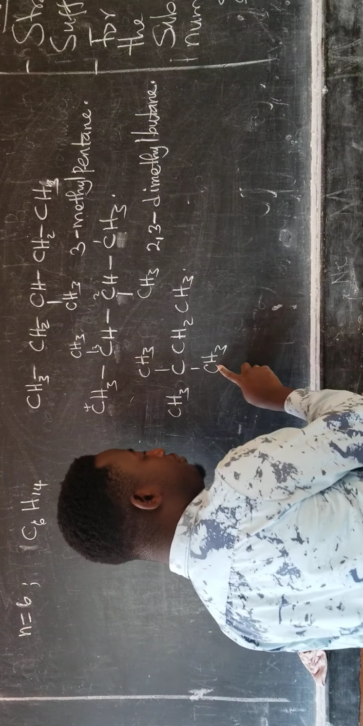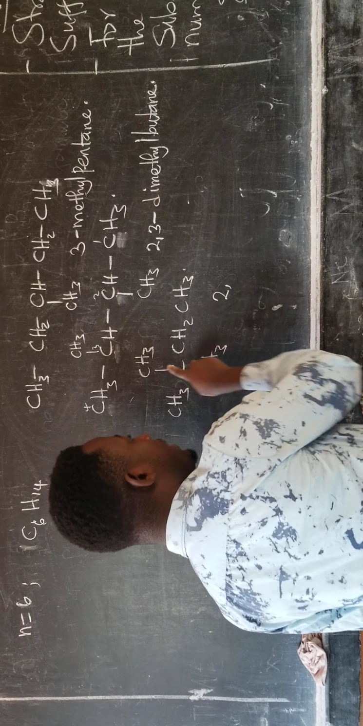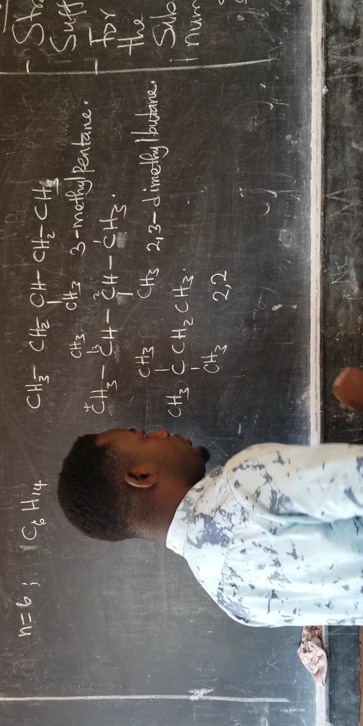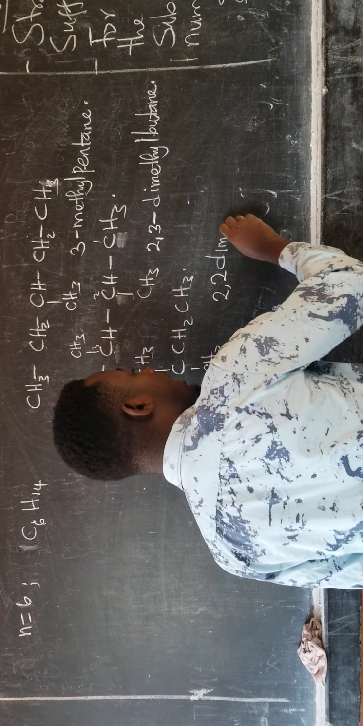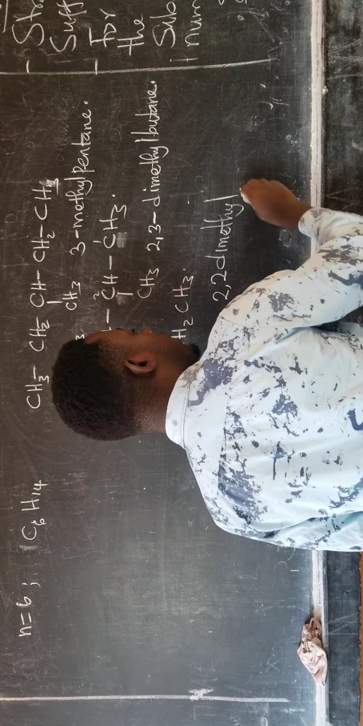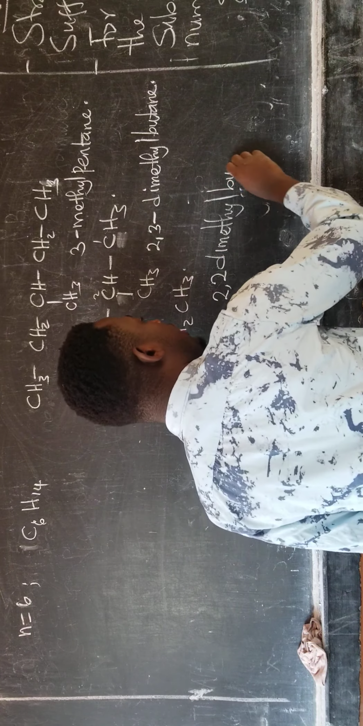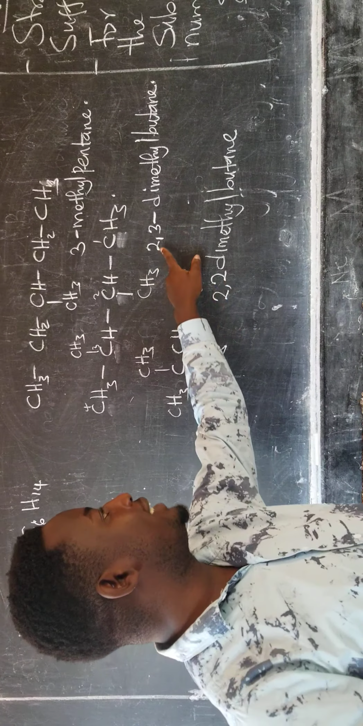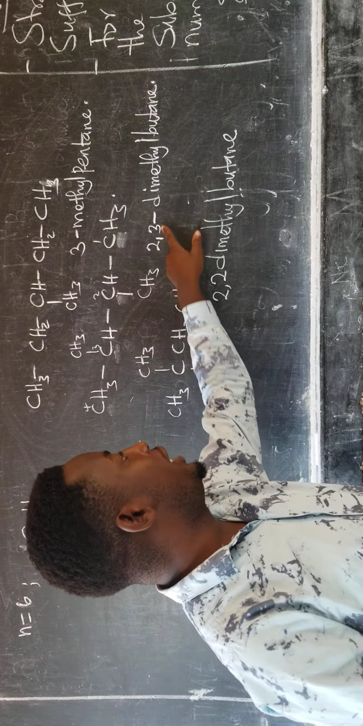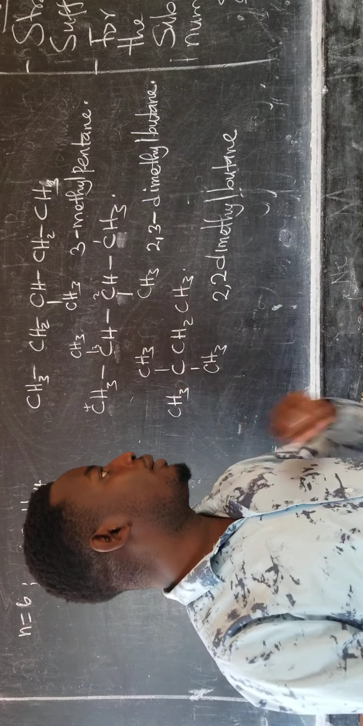So I would say the first branch is on carbon number 2, but the second is also on carbon number 2. It's not a repetition. That is how we name them according to IUPAC. Then I will still call it dimethyl. The longest chain is butane. So how do you differentiate this compound from this? Of course, you look at the position of the methyl groups. This one shows that both methyl groups are on carbon number 2, whereas this one shows you that one methyl group is on carbon number 2, the other one is on carbon number